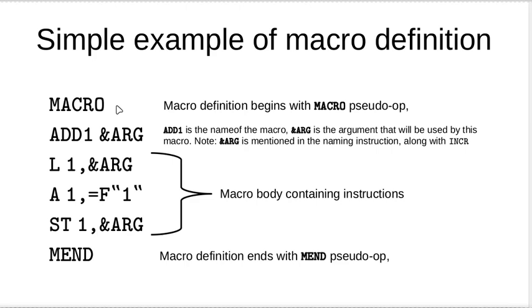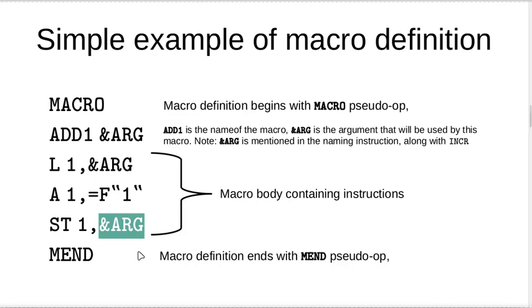The actual definition, what the macro will do, right? So in this case, the macro has three instructions: a load instruction, which we have already understood from previous lectures, an add instruction, and then a store instruction, right? We are not going to dive into the specifics of these instructions per se, but let's simply understand that this macro works with an argument &arg, and that argument is used by the instructions within the macro body, right? Which instructions use the argument? The load instruction uses the argument, and the store instruction uses the argument. Fine. So this is what the macro definition denotes, right?